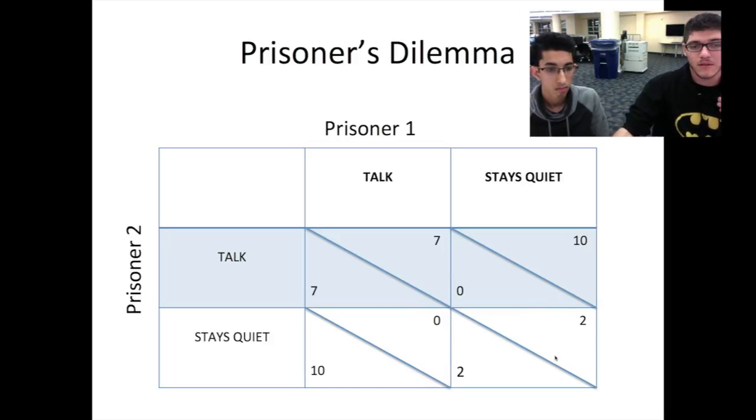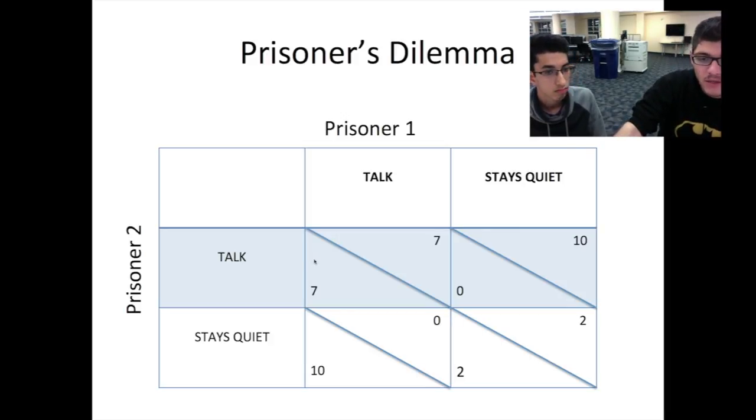Okay, so in economics, the way you probably heard about it is in advertising. Companies can decide to advertise or not to advertise instead of talking or staying quiet. They can lose a lot of money if they continue to advertise, or if they just decide to collaborate and not advertise, either of them can make more money by not having to pay for advertisement.